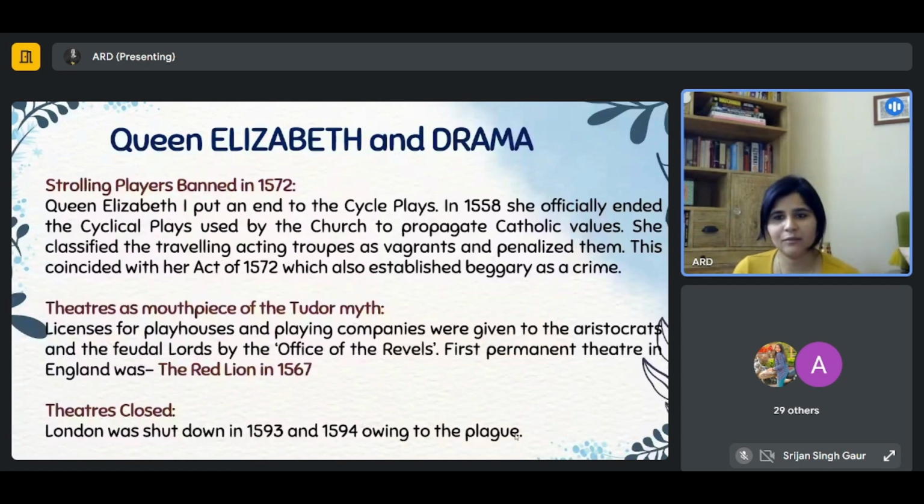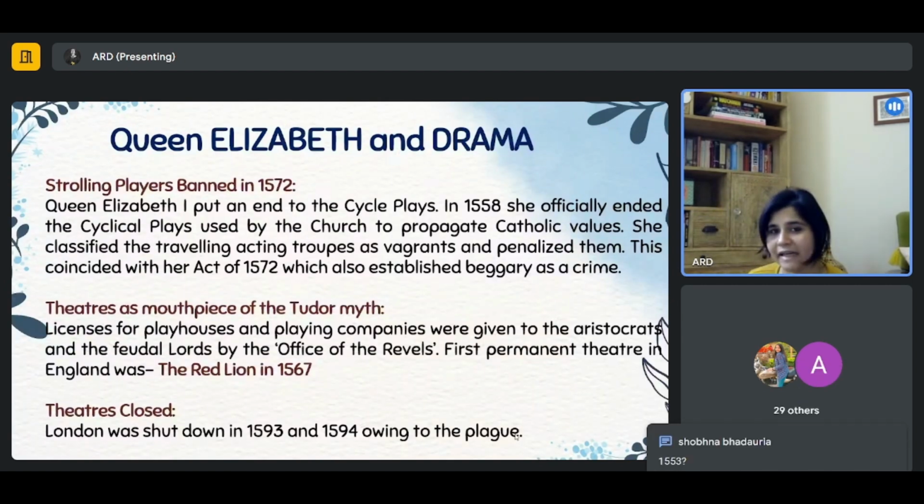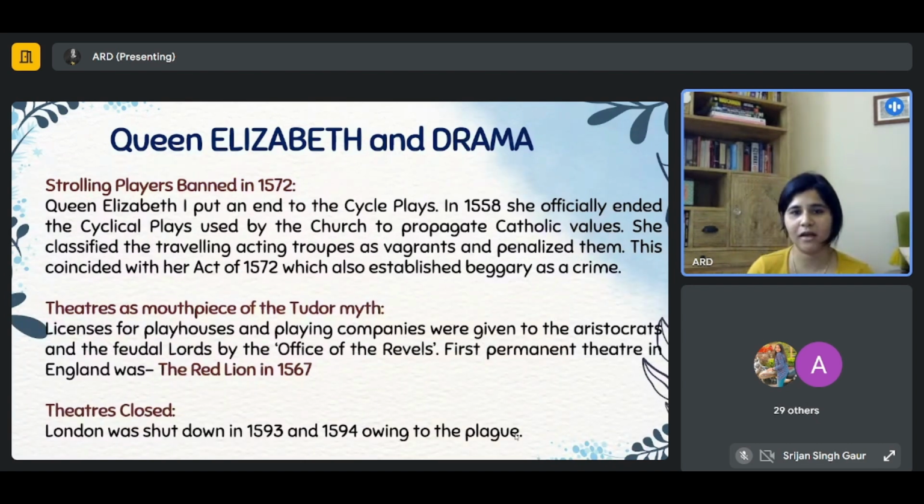So when Elizabeth came to power in 1558, okay, and what did she do? As soon as she came to power, she put an end to the cycle plays because it was not going with a religious agenda. Her father wanted Protestantism, and she wanted to spread their vision of England, a Protestant England, an England free of Catholicism. So these cycle plays were not aligning with her religious agenda. So as soon as she came, she put an end to it, and further she brought a proper act in 1572,